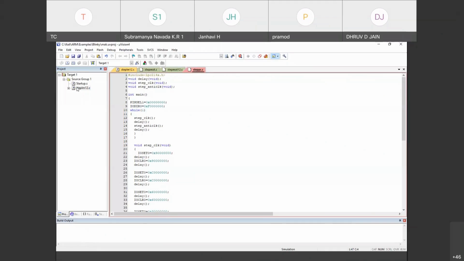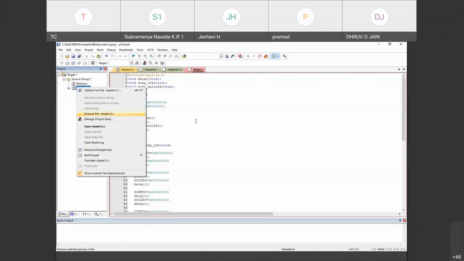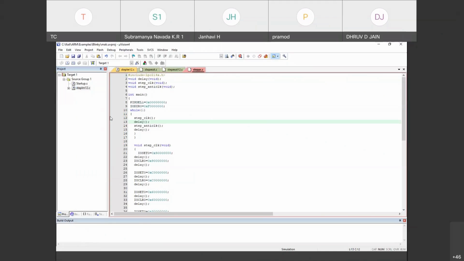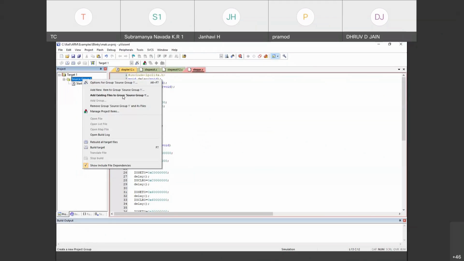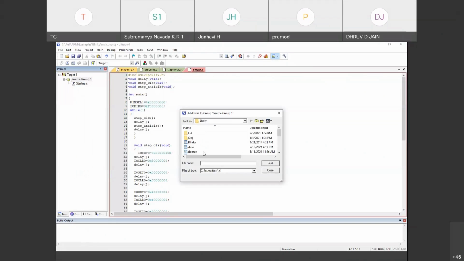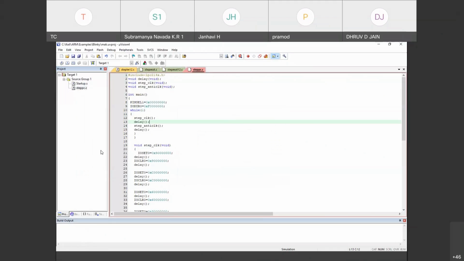Just a minute. Step PC. Now, when I compile, zero errors, zero warnings. So what I will show quickly is the first thing.